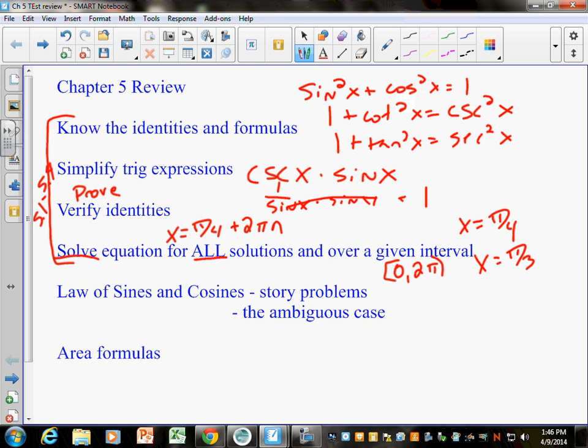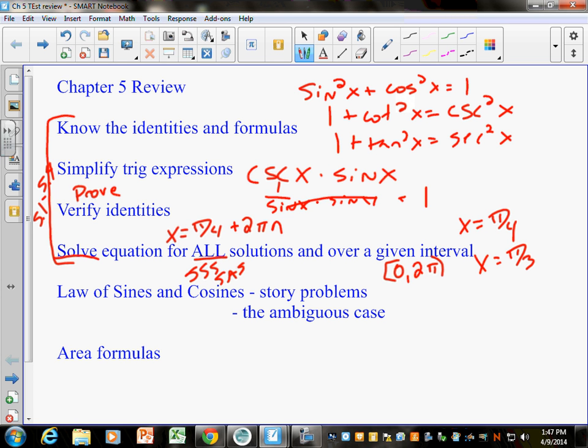but be able to draw the picture. The big question has been, how do you know whether to use law of sines or law of cosines? It's all about what they give you. If they give you a side and the angle across from that side, you can always use law of sines, because you have enough information that you can solve for what's missing. But if not, for cosines, if they give you three sides, side, side, side, or side, angle, side, if you try to set up law of sines, it'll never work. So don't overthink when do I use law of sines, when do I use law of cosines, because you'll only be able to use one or the other depending on what they give you.